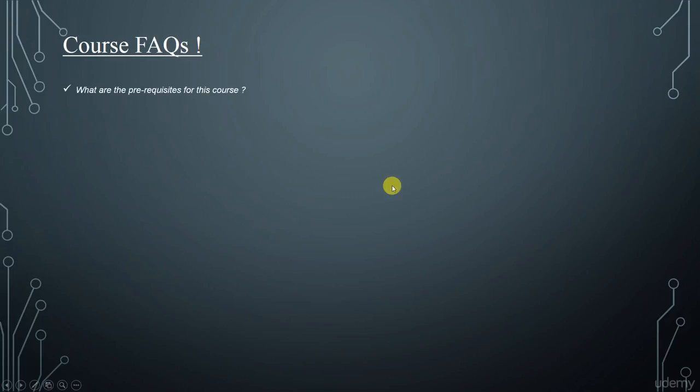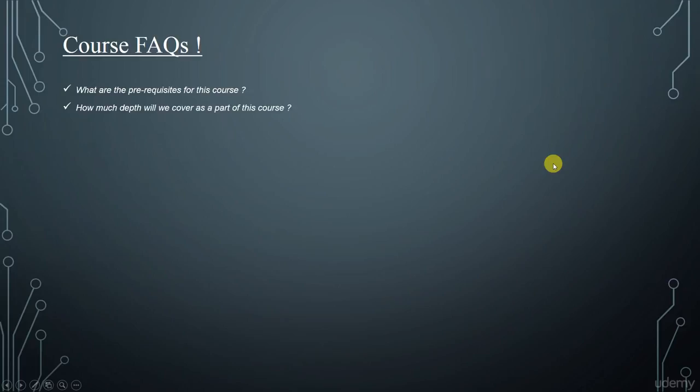So the first commonly asked question is, what are the prerequisites for this course? We will start the course from the very basics of data structure and algorithm, hence we are not expecting you to have any prior knowledge of the same. But as the course progresses, we are going to implement the concepts in Java, so a little knowledge of Java will be handy for you. If you think there is a need to create some videos on Java, please let us know via the forum. We will surely help you.